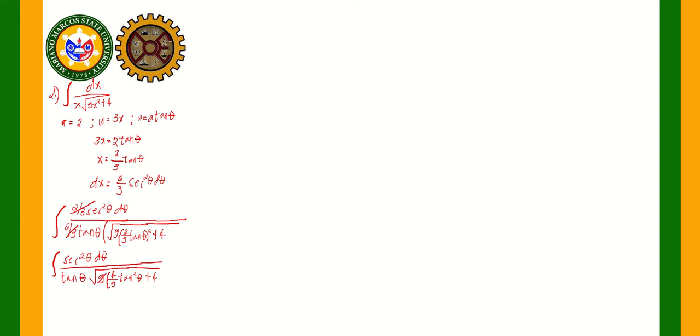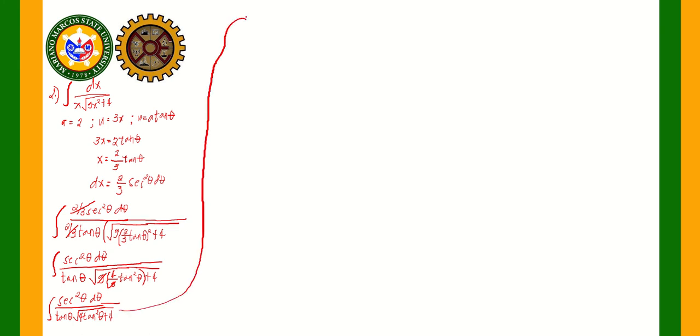So we can cancel this one. We can cancel this one, and then we will be left with secant squared theta d theta all over tangent theta times the square root of 4 tangent squared theta plus 4. So simplifying further, we have